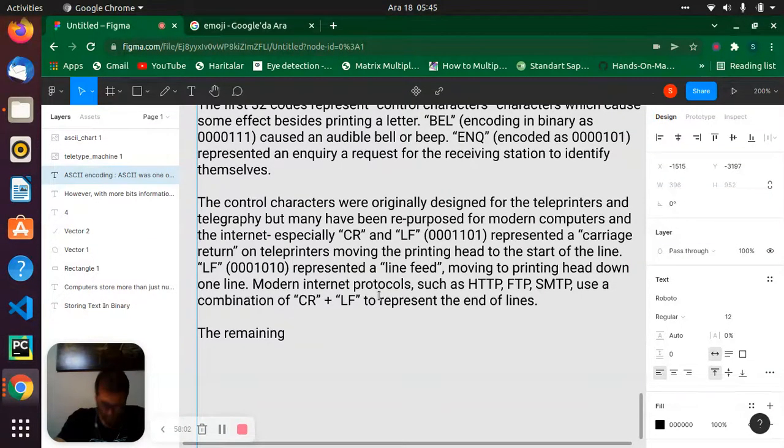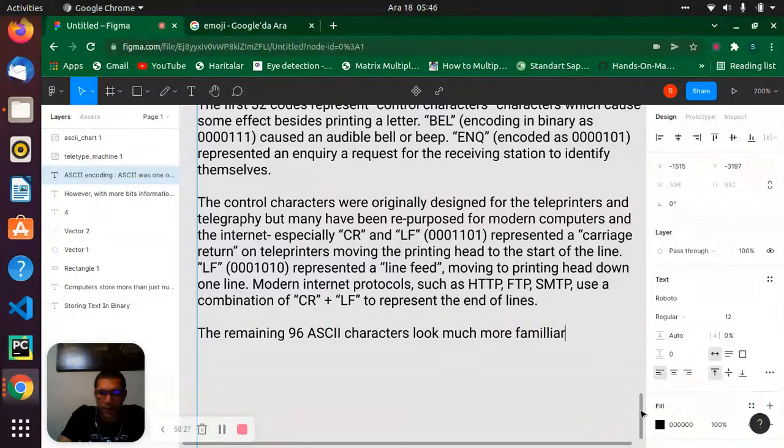The remaining 96 ASCII characters look much more familiar already, right?